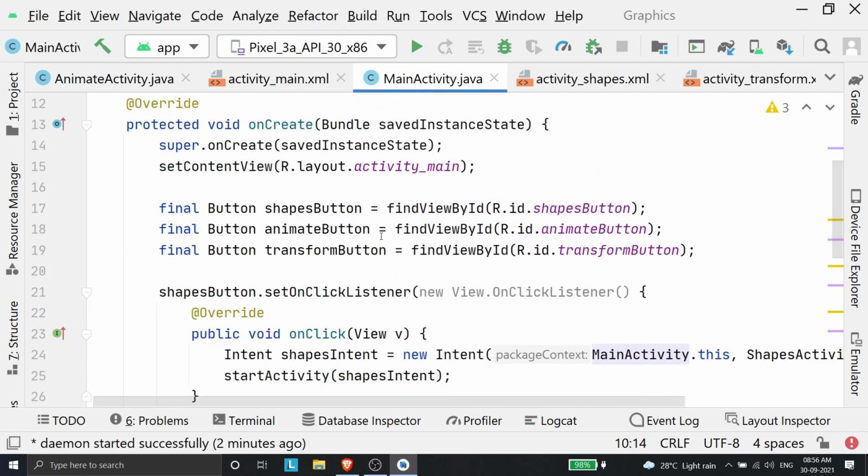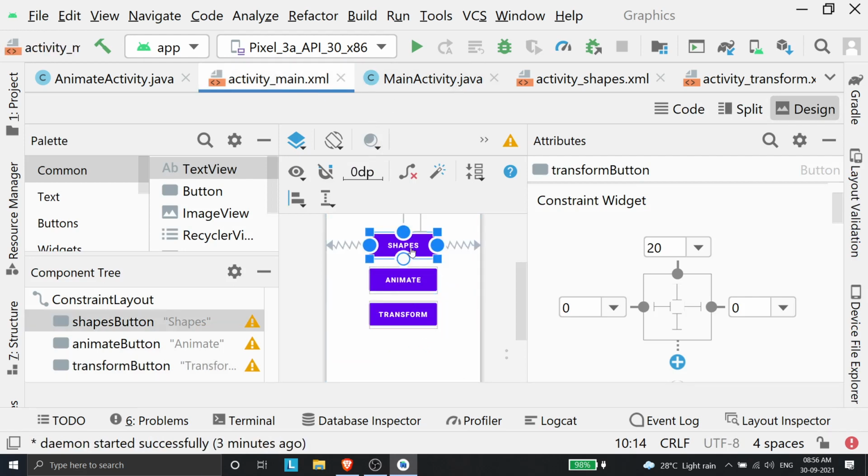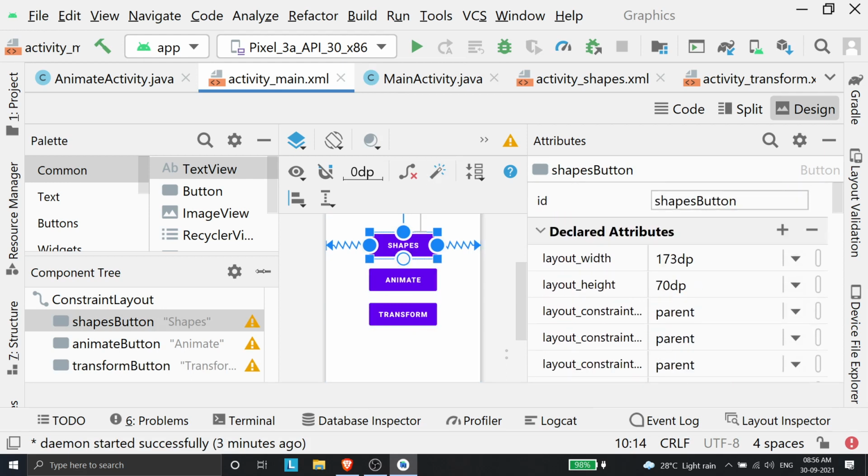So first I need to get the objects for these buttons. I need to reference these UI components from my code. When I create a button, by default the ID will be button1, button2, button3, and it will just go on like that. If you're working in a big project, it might get difficult to remember such names.